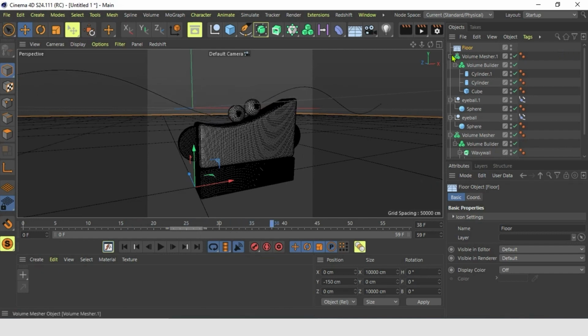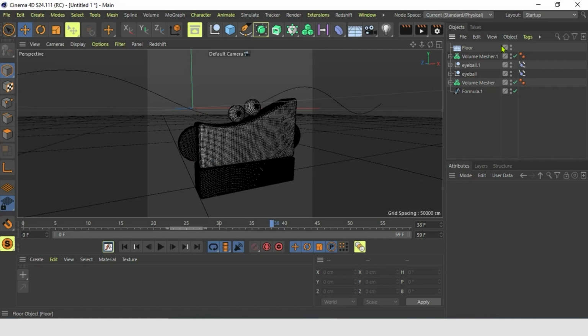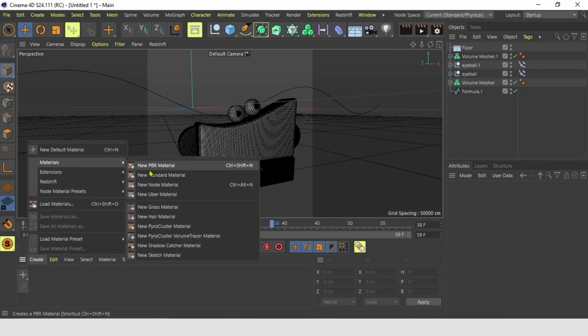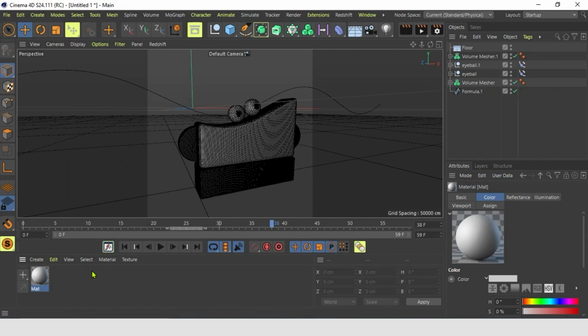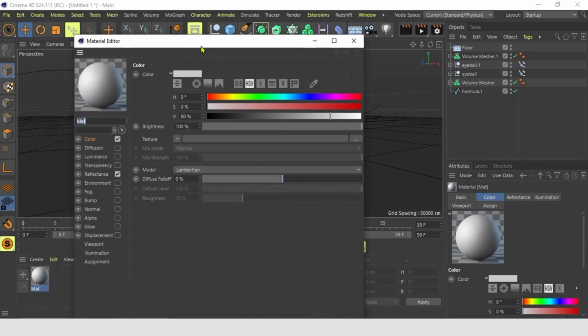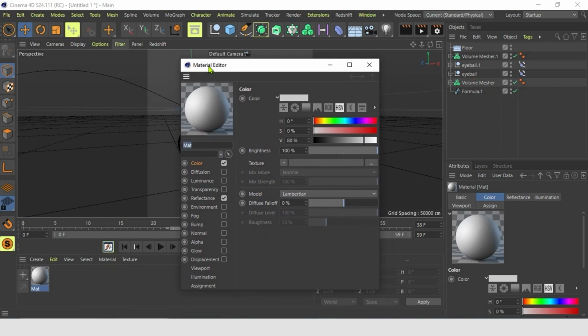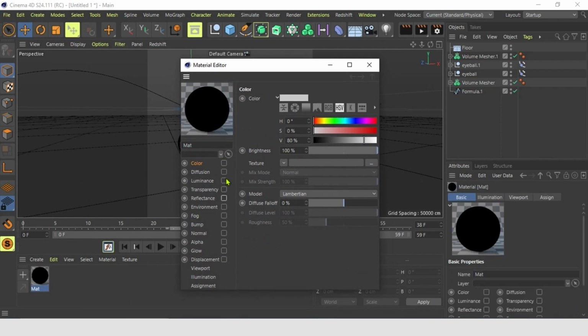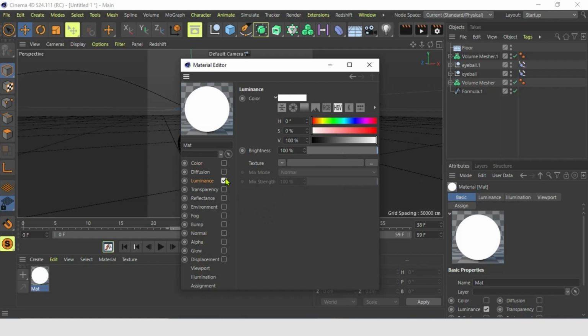The other thing we straight away add is the HDRI maps. So we have an environment that creates our light. So we go here, create a new material, standard material, double click, and we are in our settings. We ignore this color for now and the reflection as well. We go here and choose luminance, and we add now a picture or HDRI map to this luminance.